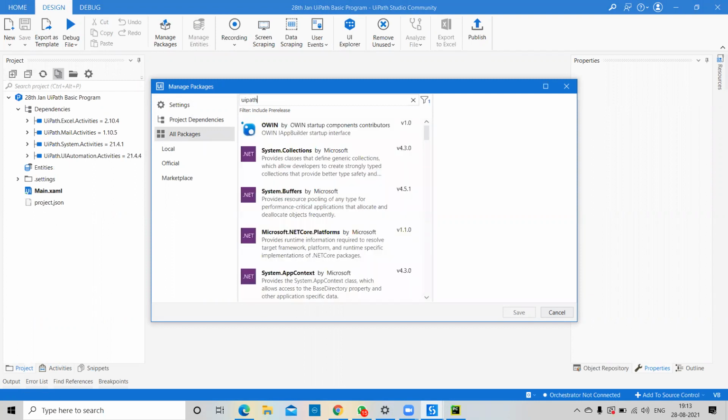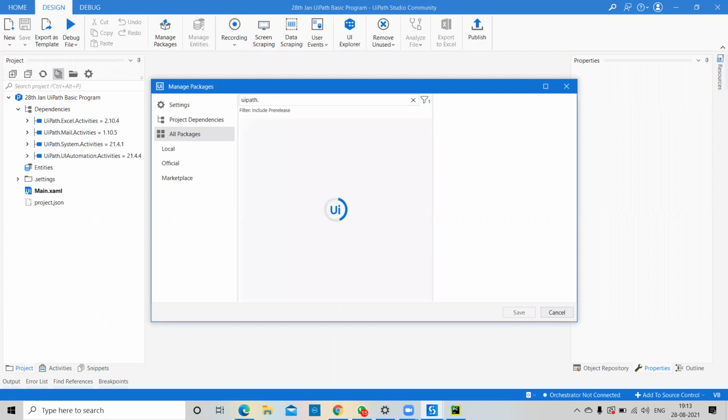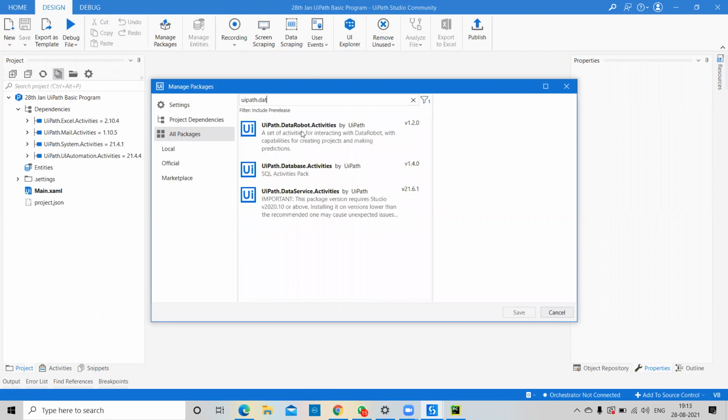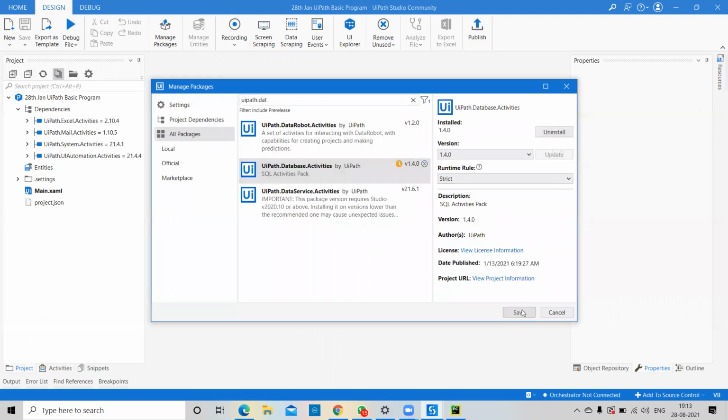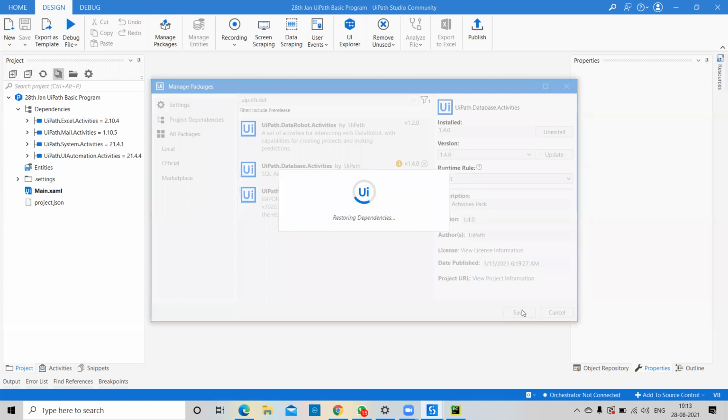Okay, so if your internet is working fine, you are able to install. Without internet it's not possible to install. So internet is required one time, but after that, if you are going to automate a PDF, Notepad, an Excel sheet, or a database, whatever is working on your system, internet is not required. But especially for your package, you are required to install the dependency.